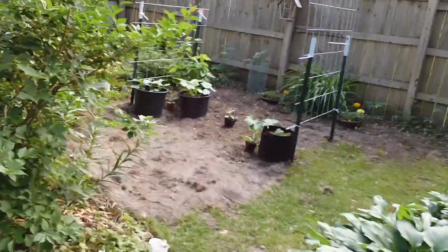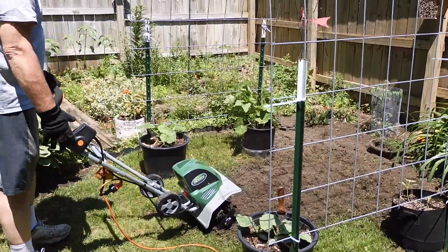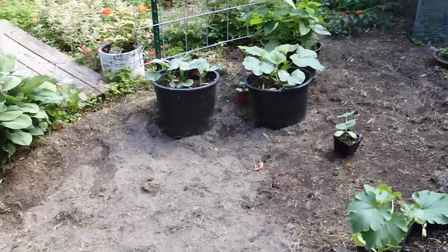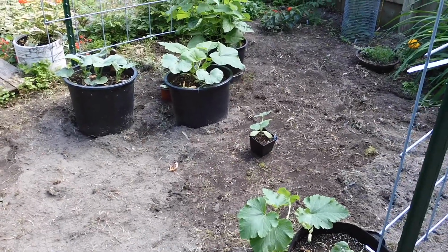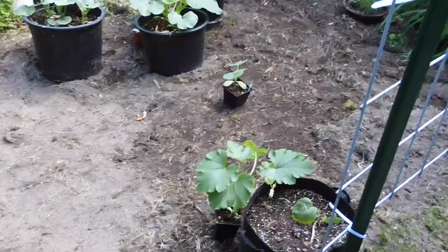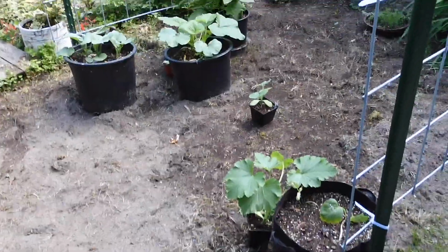Here's another huge change that we did. We bought a little tiller, and I'll put a video of us tilling up this area right here. We really are excited to have that tool in our garden now, and I just decided that this area was kind of silly to have grass in it, and it was just weird. It's still a little weird, but I think that I'll be able to make it pretty now. I'm going to put some kind of a little box under the trellis here, and I think I'm going to try to grow some strawberry plants. I love strawberries, and I've just never had very much success with them, because they never come back, because I've got them in raised gardens, and this way we're going to be able to...